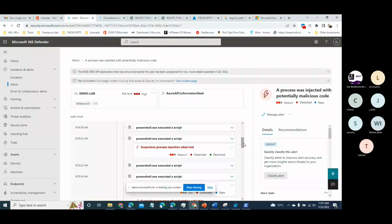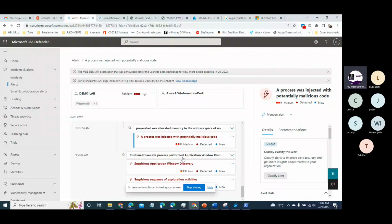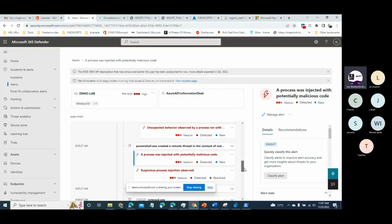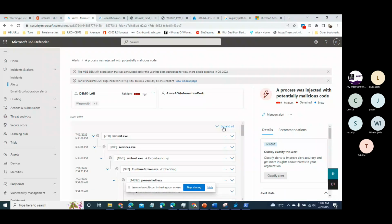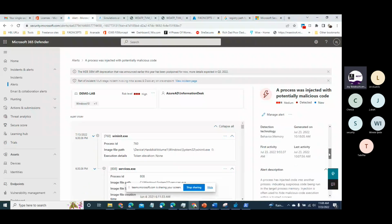It gives you a detailed runtime breakdown of what actually happened. So this was executed as a PowerShell script on this device, and the EDR detected it, along with the time it happened. And as a security operator, this can allow you to make intelligent decisions around what has happened. It can even give you